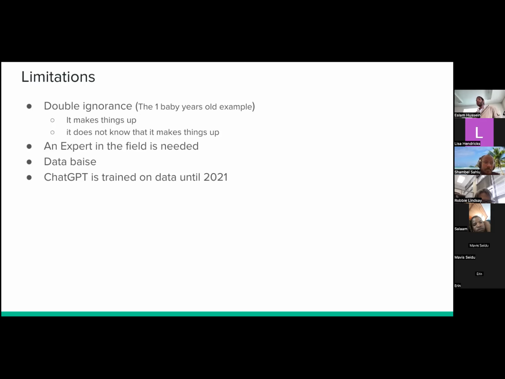So yeah, and also, like I said multiple times, you need to be an expert to be able to assess, or at least work with someone who is able to assess, the work that you present. There's also a data bias. For instance, if you tell it to give you an example in economy, it will give it to you in US dollars. It wouldn't give you in a rand, right? That's because the company is not South African. Yeah, and also it has a data limitation kind of problem.